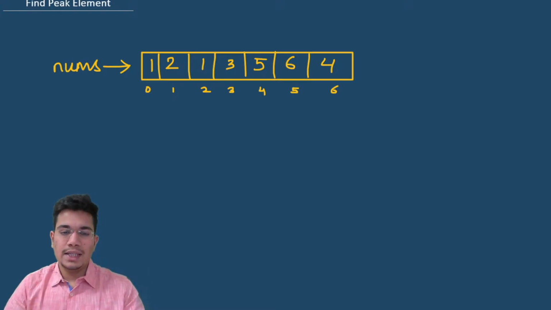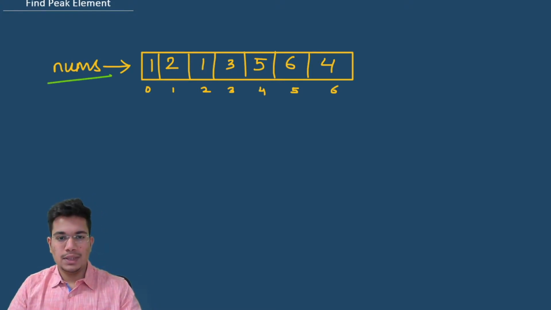All right, so let's quickly get over the explanation part now. So we have this array called nums, and these are the elements that are given to us. And in this, we want to return the index of any peak element. So peak element is one which is larger than both its adjacent elements. For example, here we have 2, which is larger than this one and this one. So we can return this index 1. Or also we have this element 6, which is larger than this 5 and this 4. So we can return this index 5 as well. And both of these are valid answers.